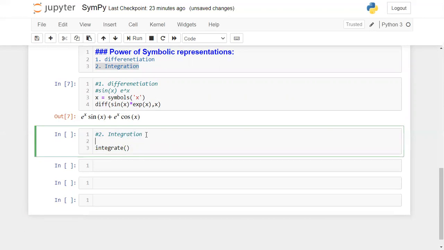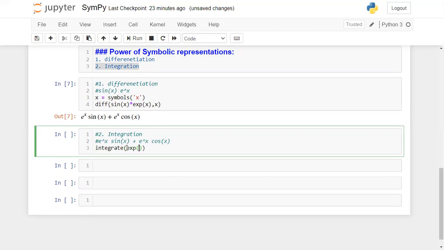Let's take the function as e power x sin x plus e power x cos x. I want to find the integration of this function. How to do that? Whenever you want to find integration, you need to use the integrate function.